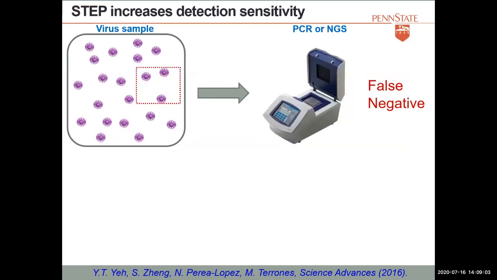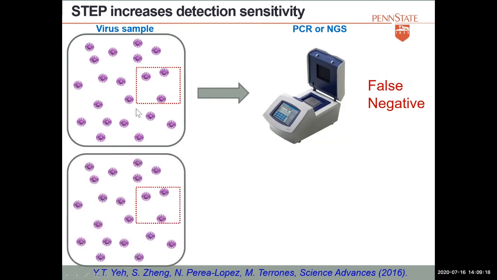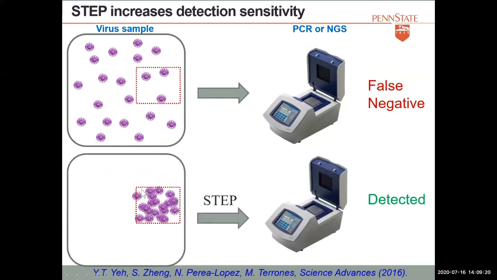The problem is to have these false negatives. Sometimes a patient or an animal can be infected, but if it has very low concentrations of viruses, when you do the PCR, you get a false negative. The idea here is that you pass all the liquid of the sample through the device, and then you concentrate all the viruses in your device, and the virus can be detected. And this is the nice thing about this technology.